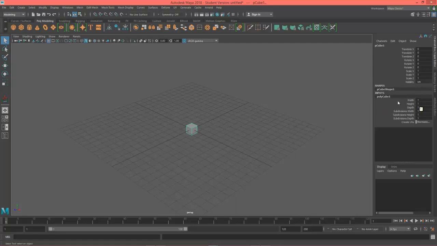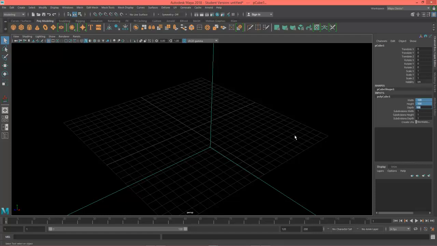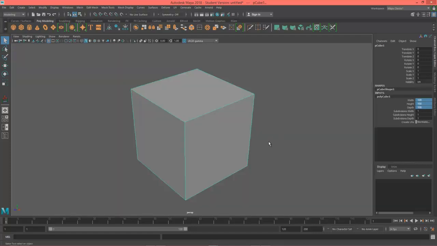So what does this mean? It means that this cube is 1 centimeter by 1 centimeter by 1 centimeter. Maya is set to centimeters by default. So if I want it to be 1 meter, I can just type in 100, hit F, and there we go, it's 1 meter. Okay, so